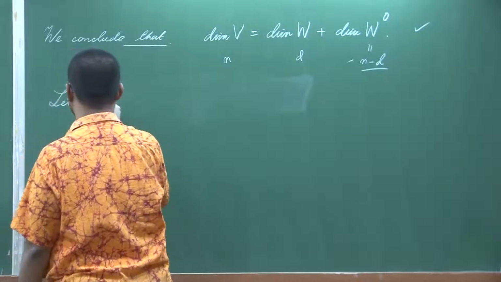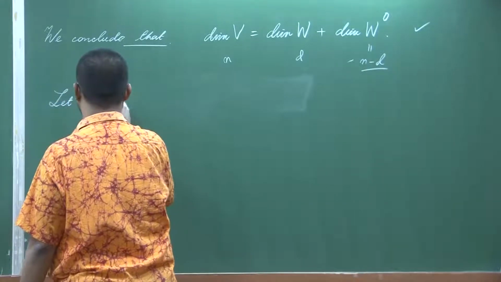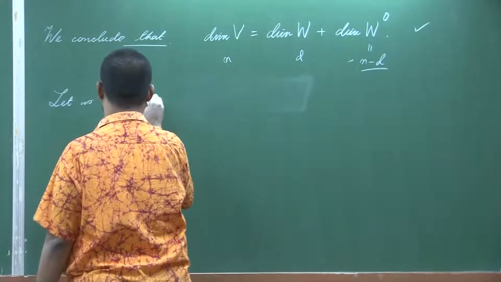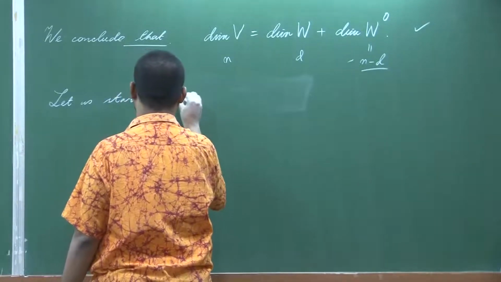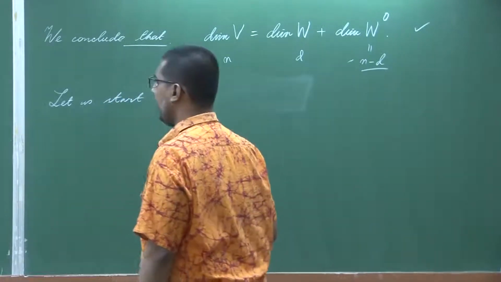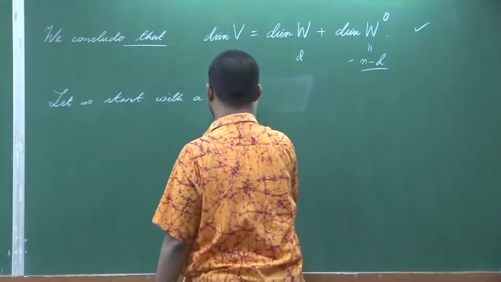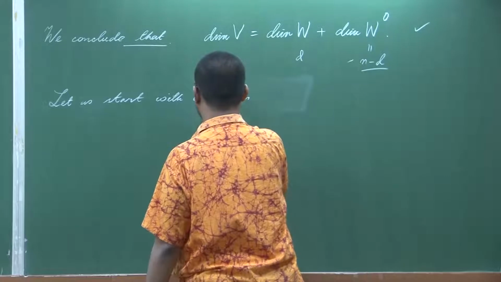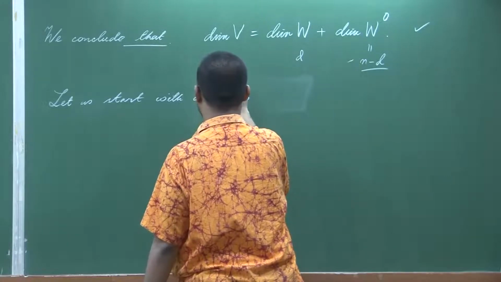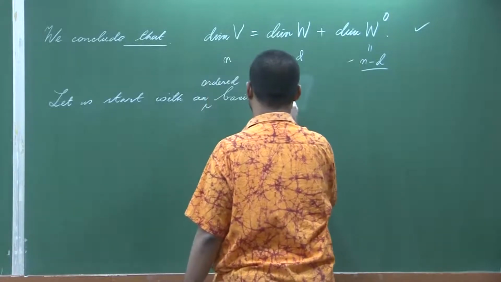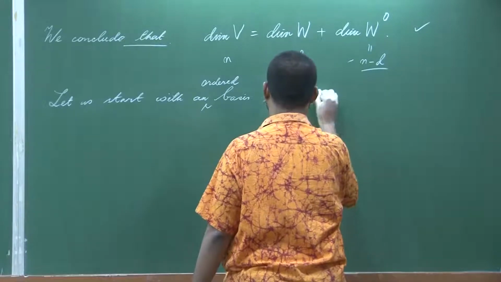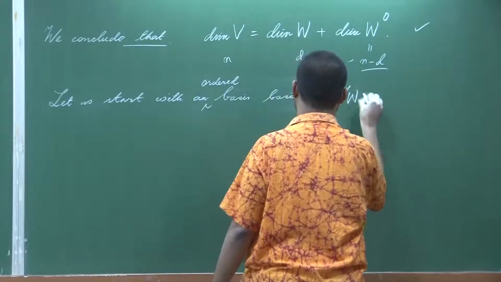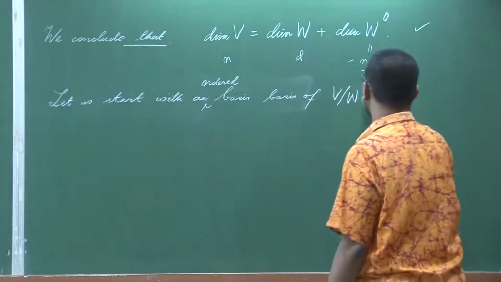Let us start with an ordered basis of V mod W, then consider its dual basis,